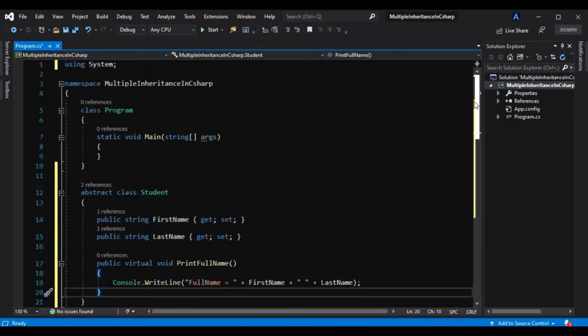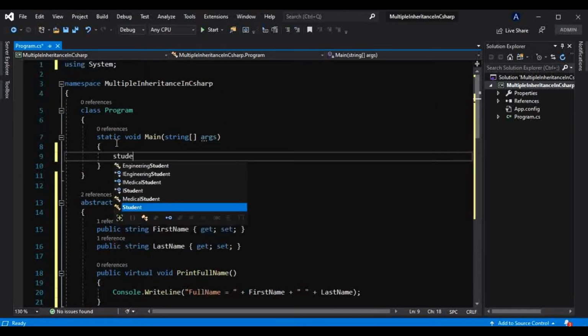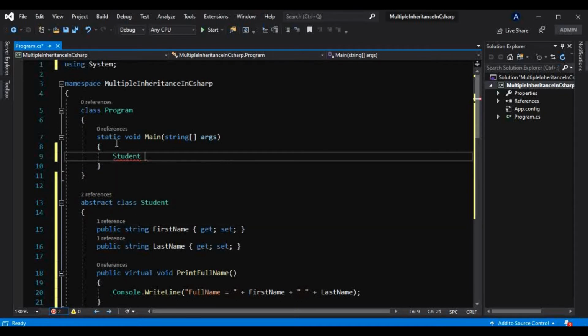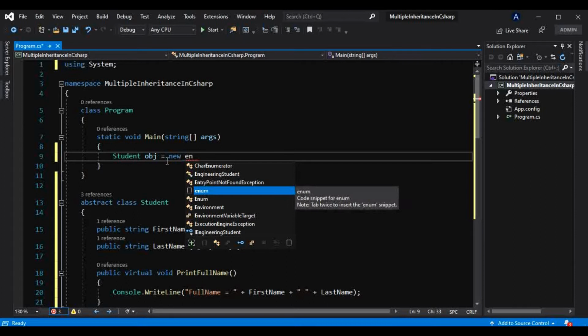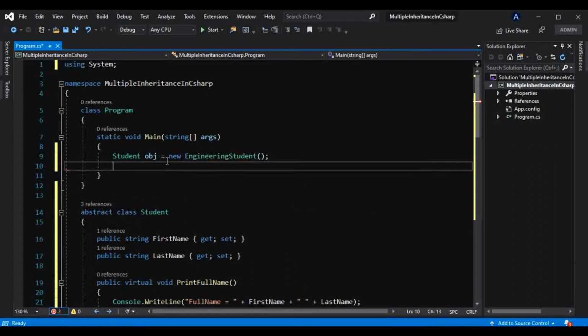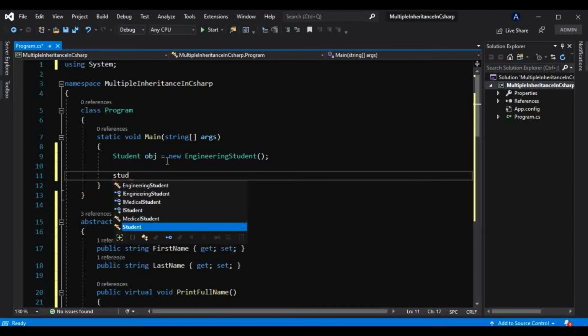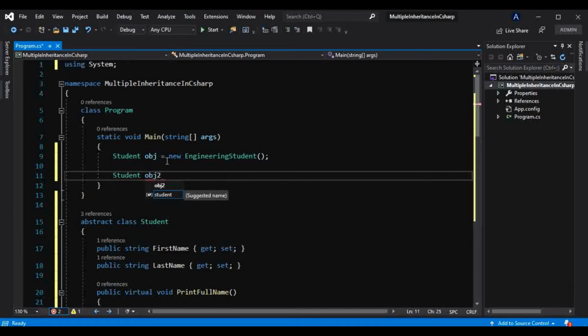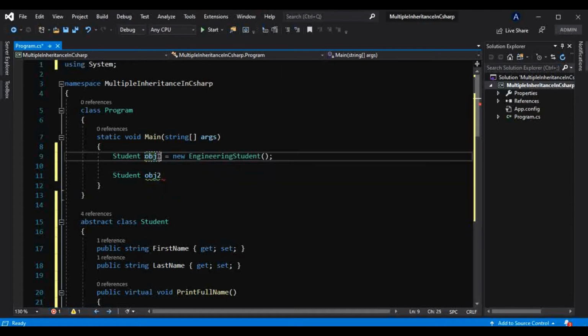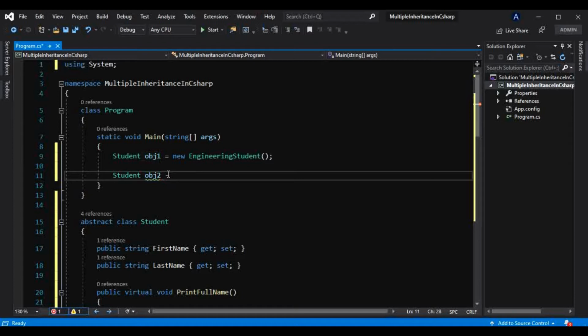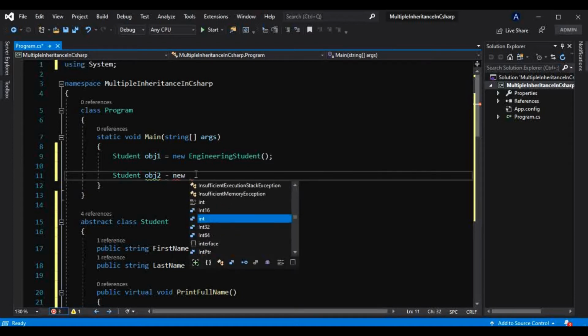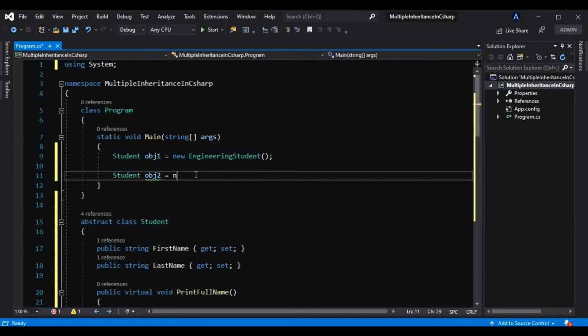Like this, if I go to the main method and create the objects of that medical student and engineering student through this abstract base class, like this, student obj1 is equal to new engineering student, and similarly student obj2 is equal to new medical student, like this.